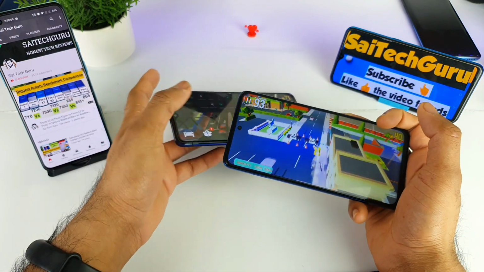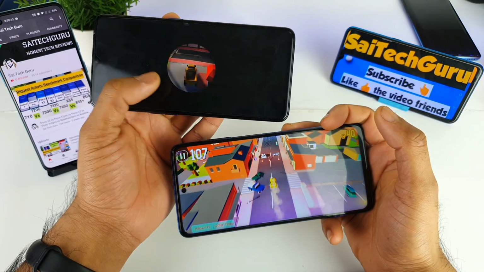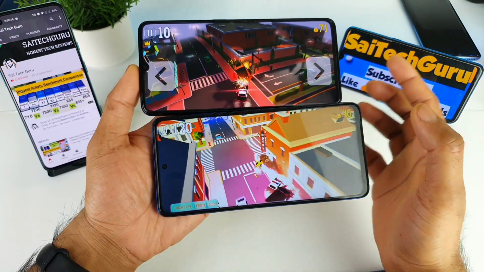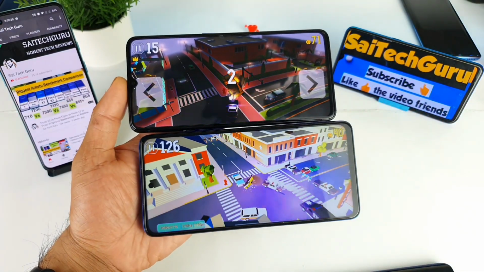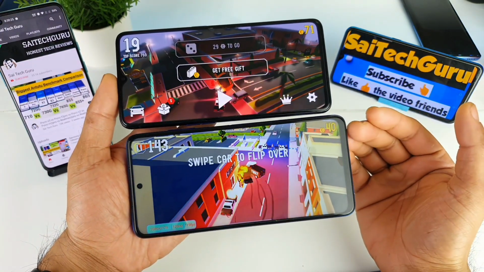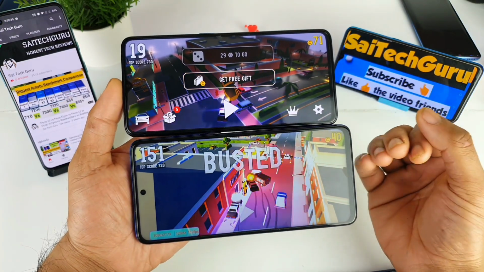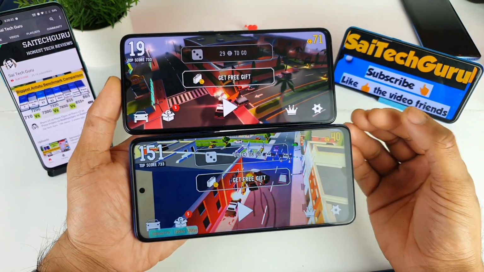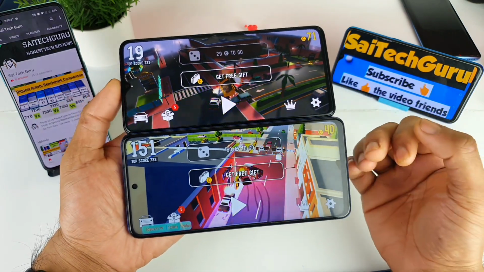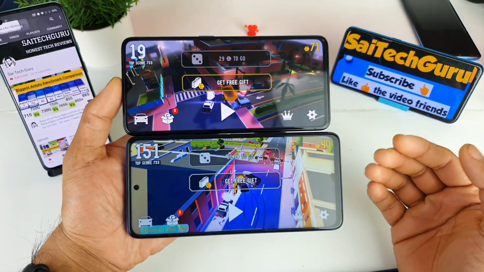And the final conclusion is that we did find the Poco X3 phone has plenty of advantages in terms of having this kind of features which are very helpful for gamers. So definitely, friends, after watching this video, you would have got a clear idea how much improvement there is in Game Turbo when you compare it with Game Space. Seriously, Realme needs to improve a lot in terms of adding features. So definitely they should learn from Poco or Redmi or Mi phones how they are adding the new features. So now it's time for Realme to add this kind of features in the next update as well.